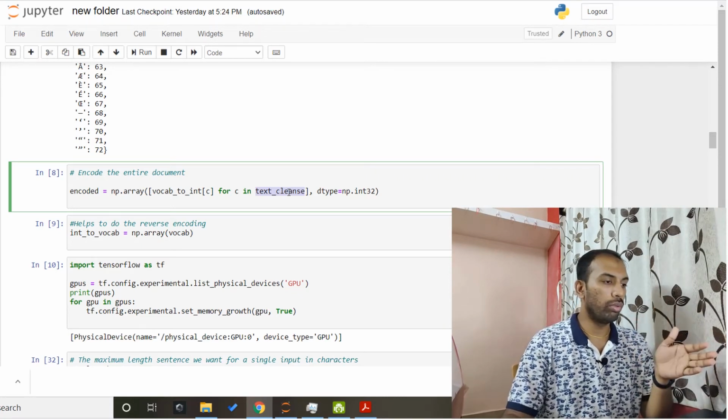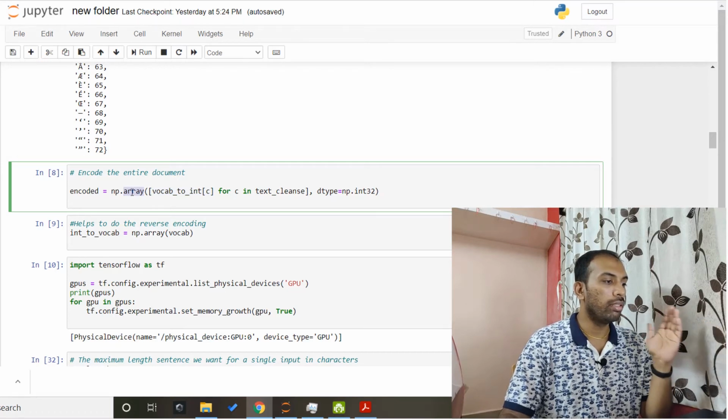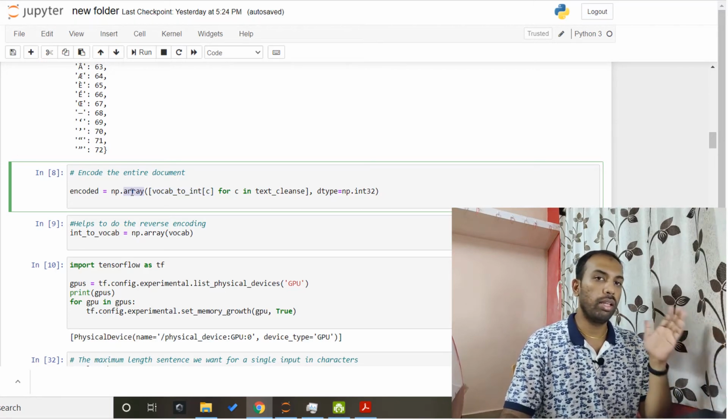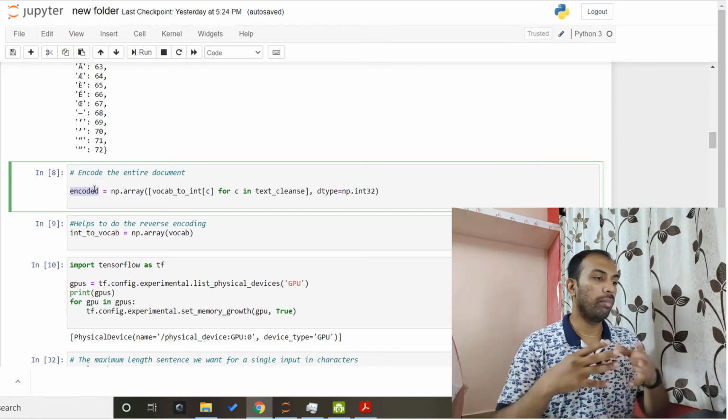You iterate through each of the list elements, pass each value through the dictionary, get its corresponding assigned number, and put it in an array. Once this array is ready, you have an encoded sequence of numbers rather than characters.